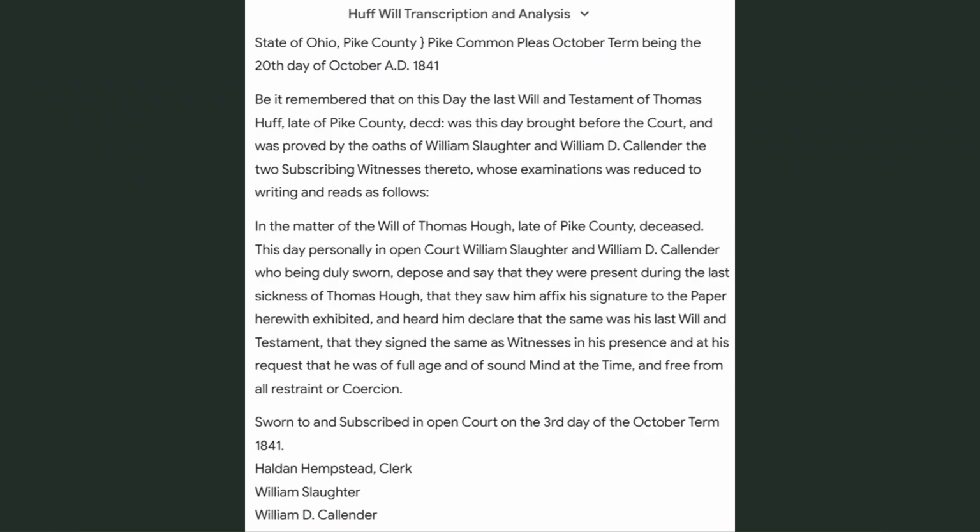Now, the first part of the document was actually the document being presented for probate to be proved by the court. And so that's what all of this first part is, the proof, the documentation of the witnesses giving their affidavits that, yes, I witnessed this will and all that. It did a great job. I checked this and checked this. It did an exceptionally good job at transcribing that document from 1841.